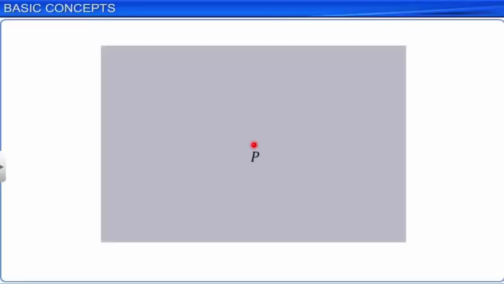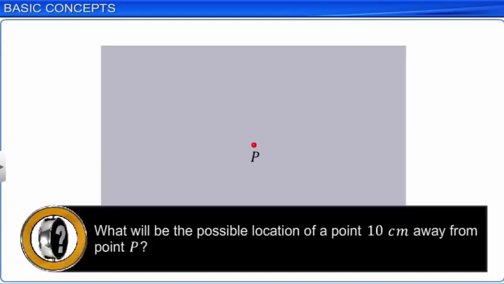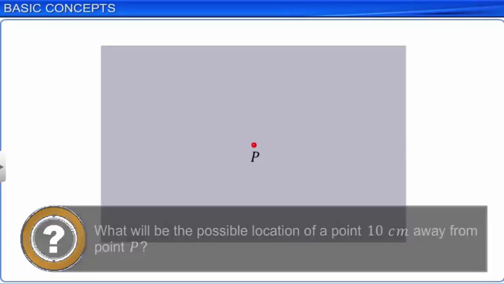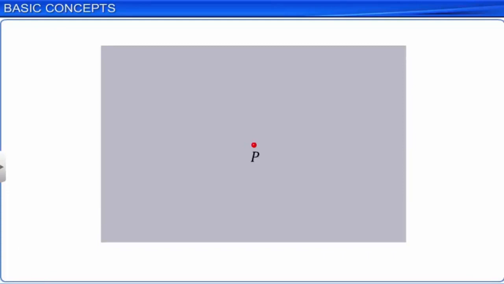Consider a point P in a plane. If you are to mark another point A, 10 centimeters away from point P, what will be its possible location? Point A can lie at any position on a circle with its center at P and radius equal to 10